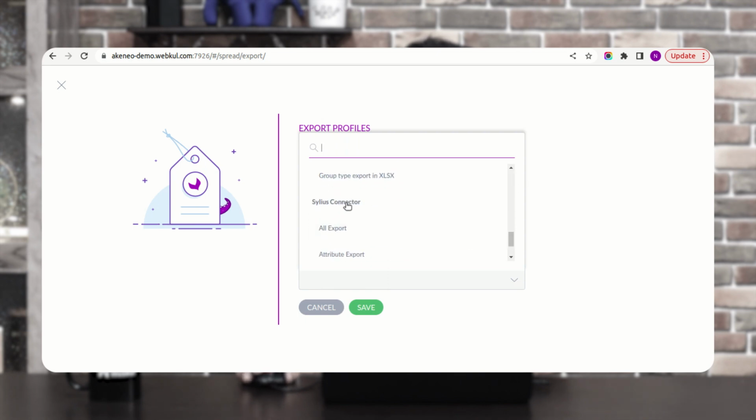Now here, if you are going to export the products, product models, variations, categories and attributes one by one, then you can go with attribute export profile, category only export, product export, product model and variant export. Now if you want to go with all of these at the same time, then you can create a particular job for the all export that would include the attribute export, category only export, product export, product model and variant export. So for this example,